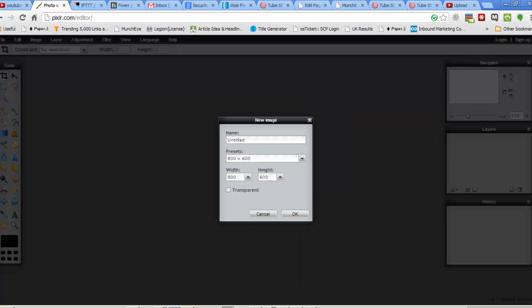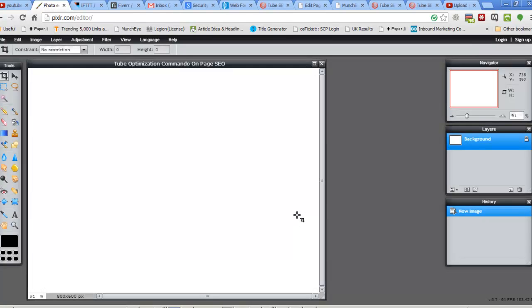I'm going to give it a title. So you can name the new image to relate to your video, and I'm going to show you a really great strategy for how to use this later as well, apart from just the thumbnail. So we do tube optimization commando. It's another one of my softwares. I'll just put on page SEO on here. I'm going to leave the presets at 800 by 600. Click OK. Okay, so what we can do here is add a new layer,